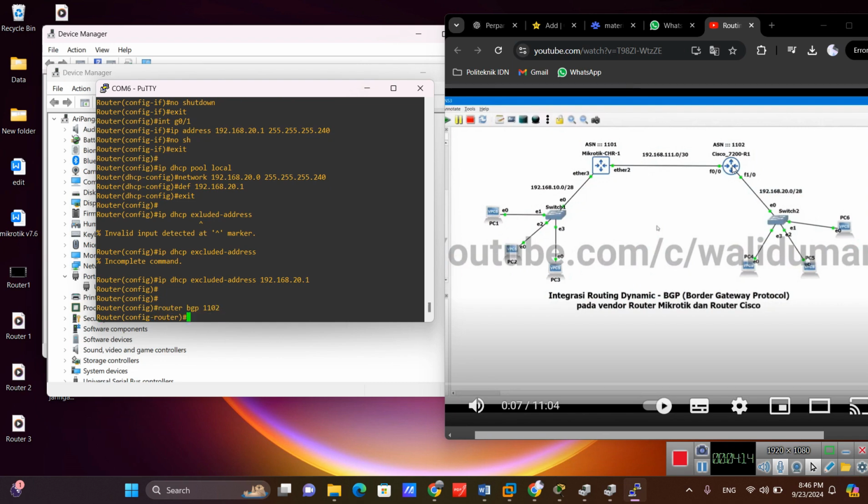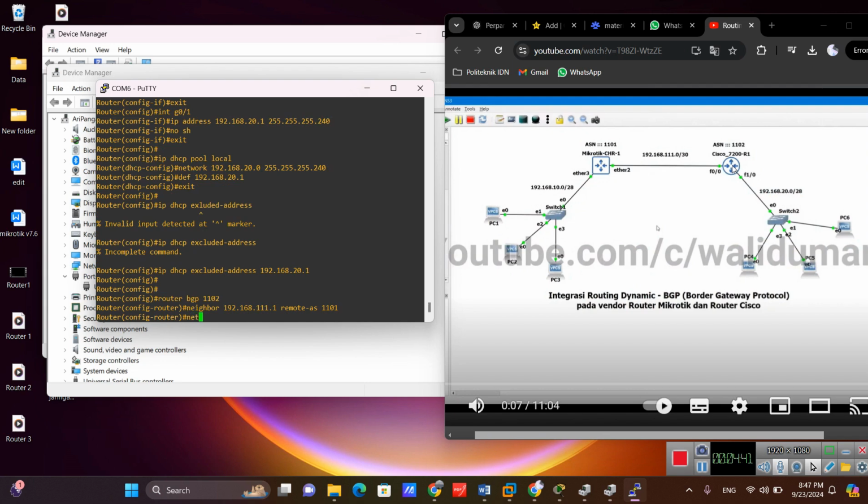This is to make the routing, named BGP routing. In here I make BGP 1102, and the neighbor is the IP from second laptop and remote AS. This is router BGP. This is for the remote other laptop beside the laptop, and don't forget to give the network and give mask.